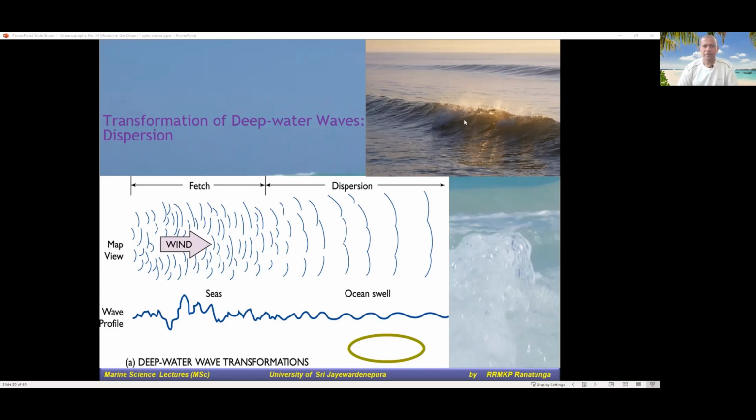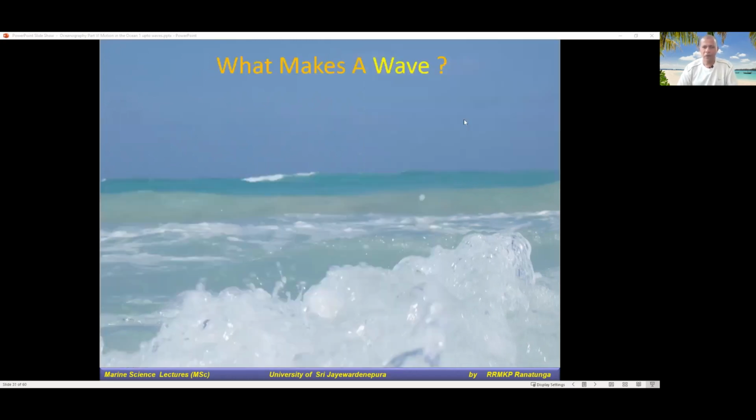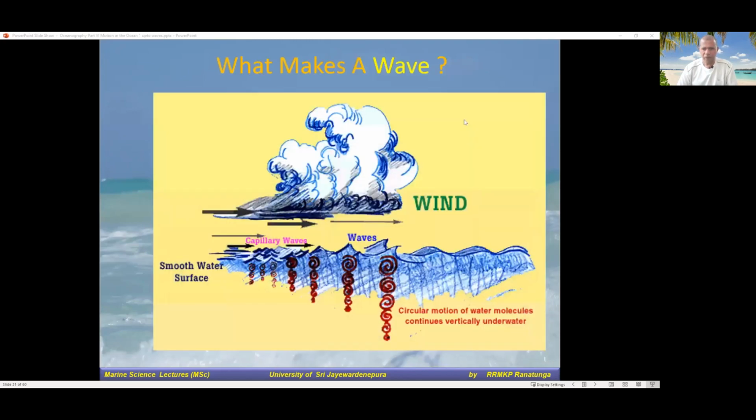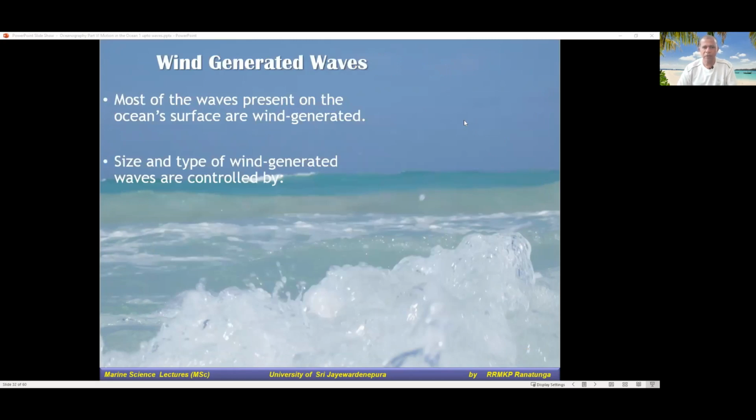Okay, so that's how the waves are formed, right? So what really happened in this wave formation? Does it really move the particles? That's something that we need to consider, right? So how are these wind generated waves formed? So what happened during